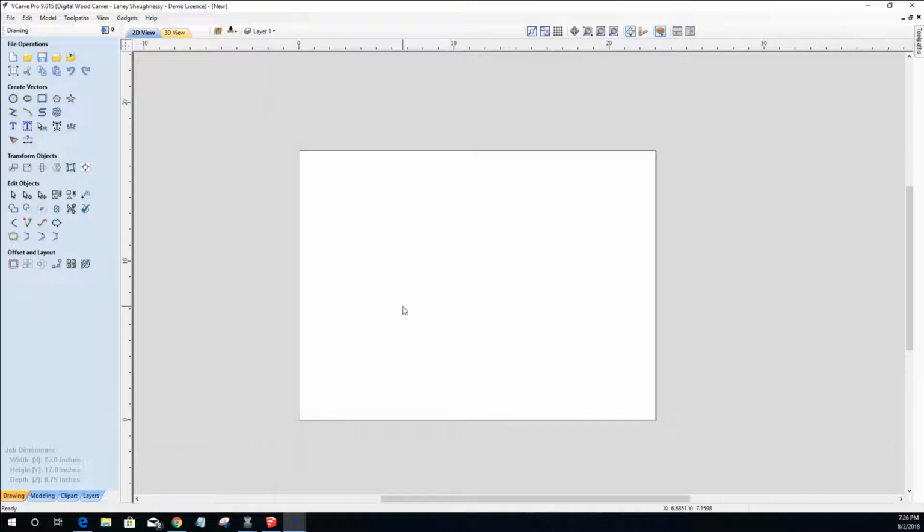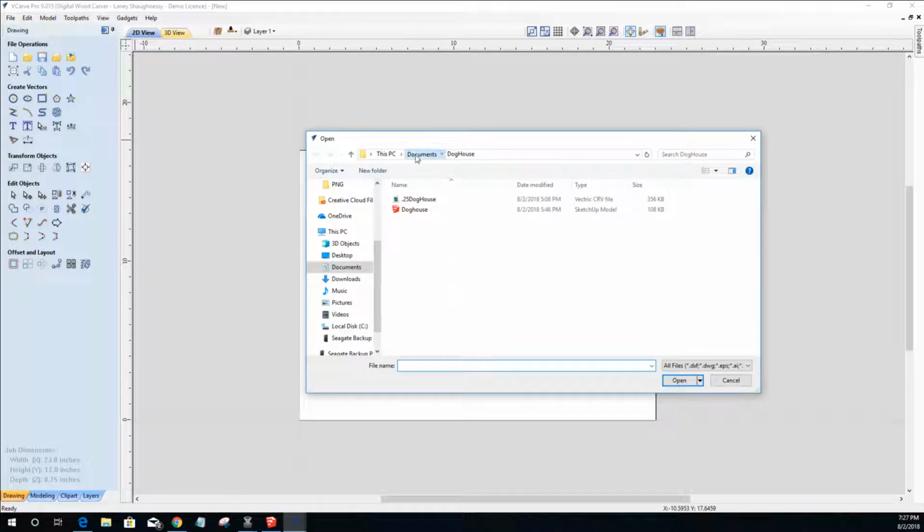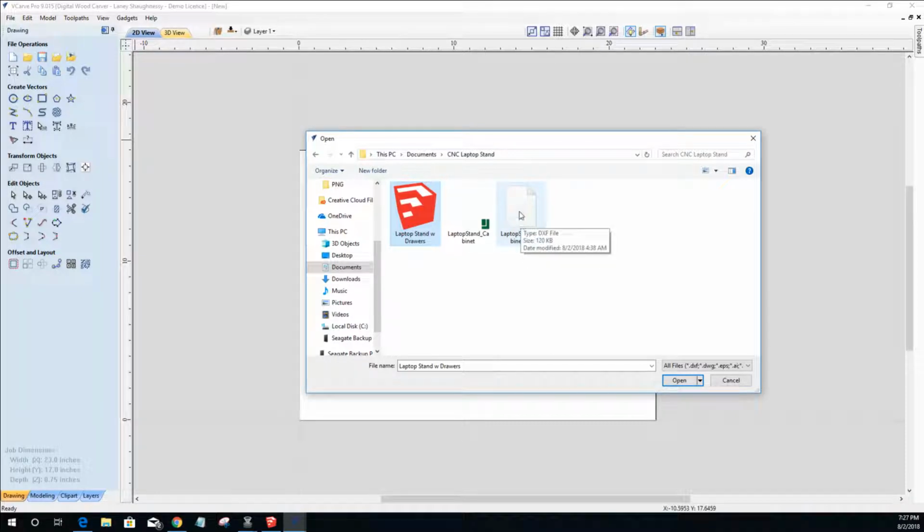Now once we have that in, whenever we are importing a vector, and the SketchUp file would be considered a vector, we're going to be under our file operations here, and we're going to go to our proper folder and grab the laptop stand file. Now I also did create a DXF file for you guys and girls that don't have